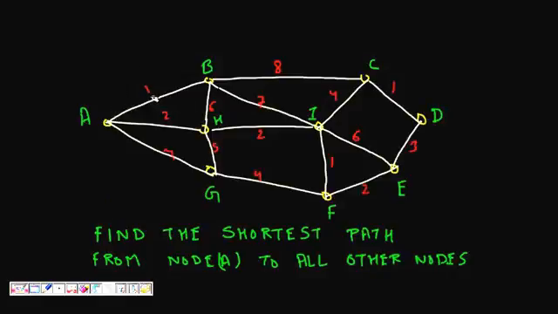Let us have a graph, or for example some cities are there and there are roads connected between them, and all the paths have their lengths, which is shown in this figure. Now if I ask you, let's have source A and I want you to calculate the shortest path from A to all the other cities or nodes in this graph. So this is called the single source shortest path problem,